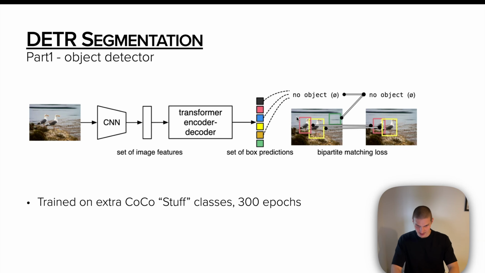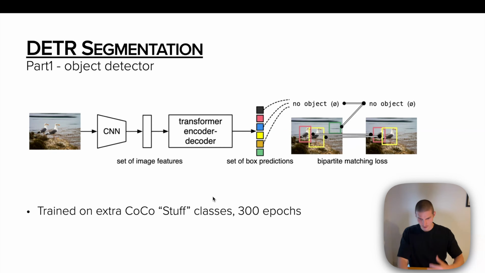The only difference is that now we have these extra bounding boxes for, in this case, water, that will cover pretty much the entire picture, and soil, that will cover half of the picture, and the model trains to detect that and output bounding boxes for it. So we pre-train our object detection model on these new classes for 300 epochs,